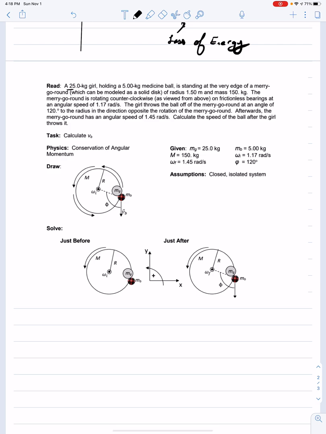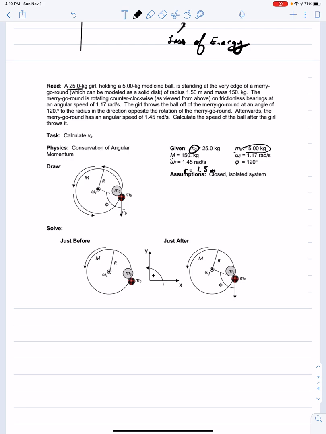All right, so we have mass. Let me write givens. Okay, givens, we have mass holding medicine ball. Okay, medicine ball of 5 kilograms right here, is standing on the very edge of the merry-go-round, which is modeled as a solid disc. Okay, we have a radius, which is 1.5 meters. And then we have a mass, which is the solid disc, which has a mass of 150. The merry-go-round is rotating counterclockwise, well, that's important, as viewed above, on a frictionless bearing at an angular speed of